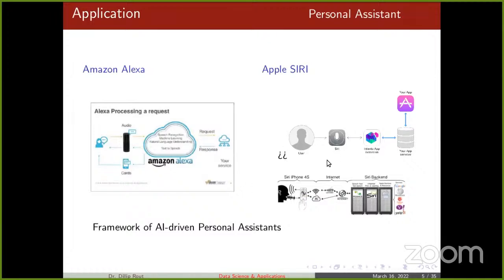But look at what is in the background. You are actually giving a command in the form of sound. So that sound has to be converted to text. After that, it will be converted into binary format, and only then can the machine operate. So there are a couple of phases here. It's not just one straightforward thing, but you should understand what is going to happen. Speech to text conversion, then text to command conversion. That is happening, and only then is it doing something. So the way we understand as human beings is not the same as how the machine is going to understand. In that aspect, we have this personal assistant.